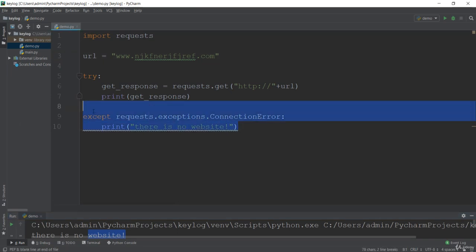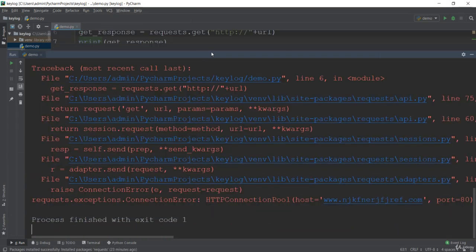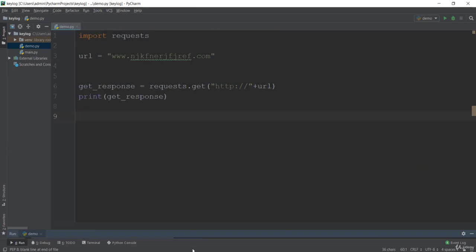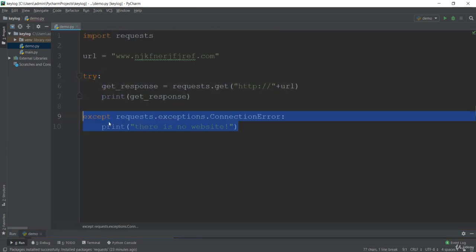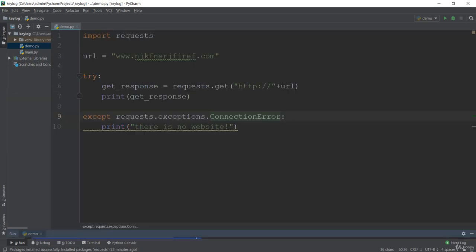If I remove this exception handling and print this again and run it, you will see it raises an exception called requests.exception.ConnectionError. This was the same exception that we handled before in the try-except block. If you remember, we have this code in the except block that is saying requests exception ConnectionError.